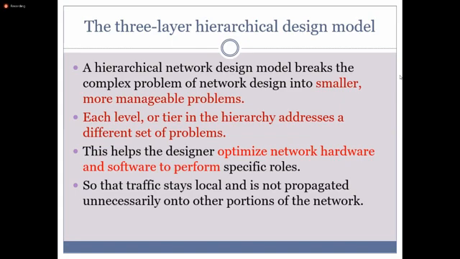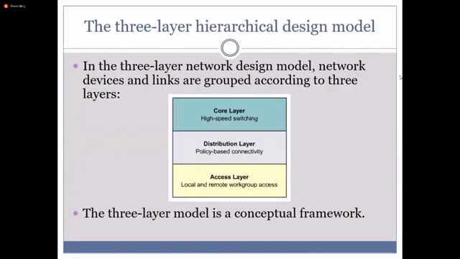Another thing is that it does not propagate traffic unnecessarily to other portions of the network. If it is about the distribution layer, it does not propagate to the core layer. If it is the access layer, then it will not propagate to the distribution layer. So this is the hierarchical model that we are talking about in a scalable network.